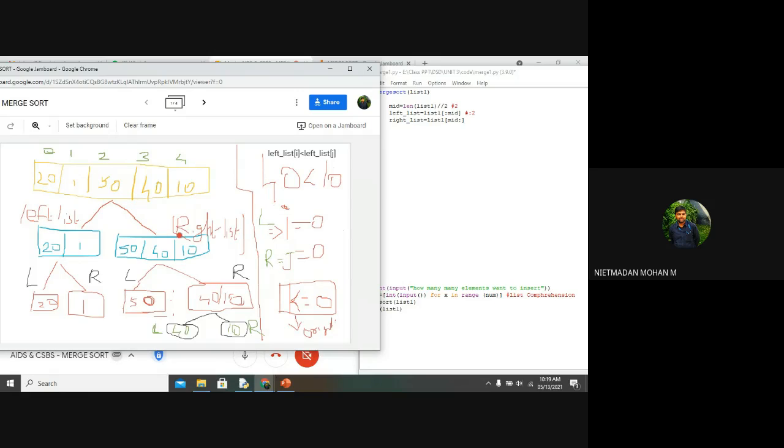Getting my point? Any doubts in this? So this is the basic operation. This is the first step, where you split the list into lists. So with mid, that means 2 colon, it will take till the index value 2, and it will take from the index value 2. That is the difference when we are assigning the colon on the left hand side as well as the right hand side. Clear?